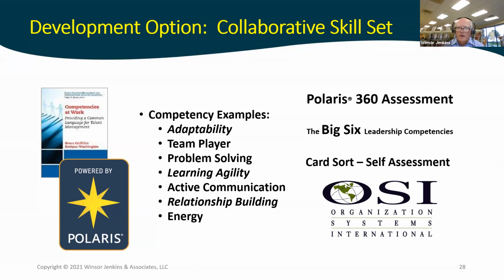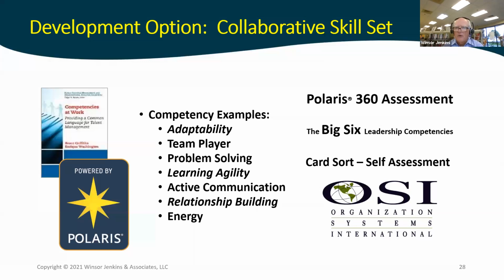Bruce also has written an article or two that describes what he calls the Big 6 leadership competencies, and that's a shortcut to going through the full-blown Polaris 360 assessment. Again, with a 360 assessment, you're going to be addressing about 22 competencies. If you're looking for a shortcut to help jumpstart your team's efforts, then you could fall back on the Big